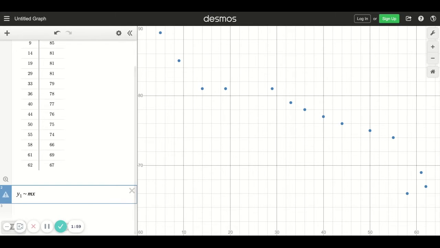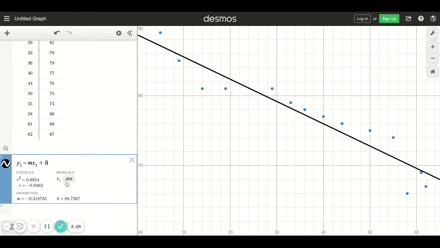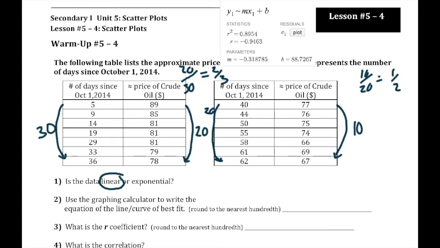So again, that was mx1 plus b. And here's the information that we're going to use as we flip back into our notes and write our equation. Up here at the top, you'll see the information that we gathered from the Desmos.com calculator. And we're going to write our equation for the line of best fit, and we're going to round to the nearest hundredth. Okay? And so looking at this, we're going to start out, we'll have y equals,